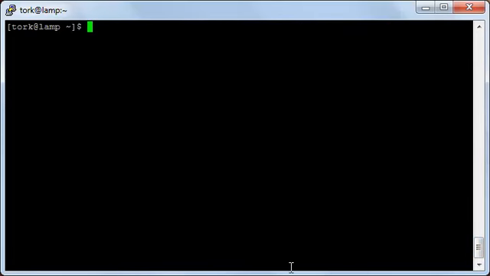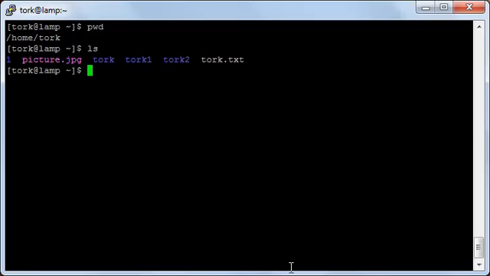Now let's talk about how to change directory, but let's find out in which directory I am. I'll type pwd and press enter. As you can see, I'm in home torque. Now let's type ls. These are the directories under home torque. Let's say I want to go to this directory over here, which is 1. What do I do? I will type cd